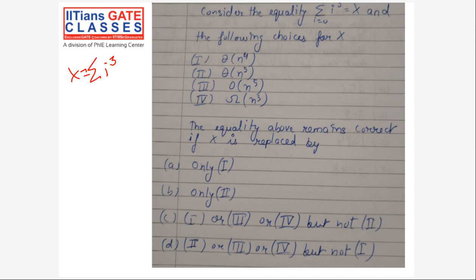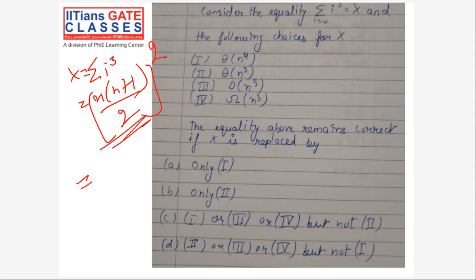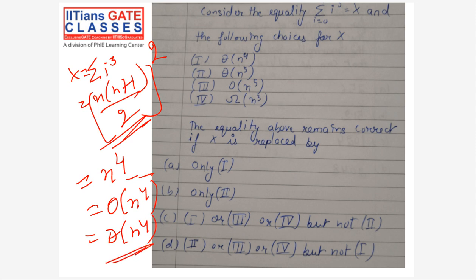Okay, so you can attempt these problems again if you think these problems are done before. So this is the sum of the cubes of the first n natural numbers. That sum we already know is n into n plus 1 by 2, whole square, right? So this I can write as n^4 plus something, right? So can I write this as order of n^4 or theta of n^4? Yes. Is this clear to everyone?